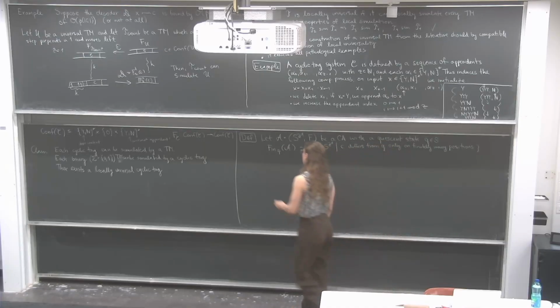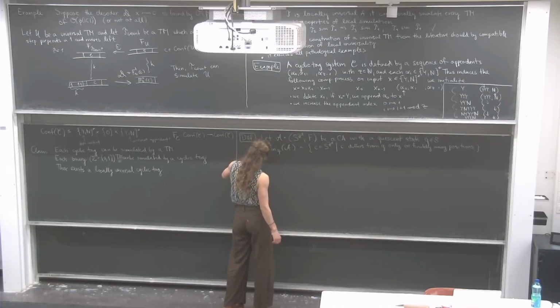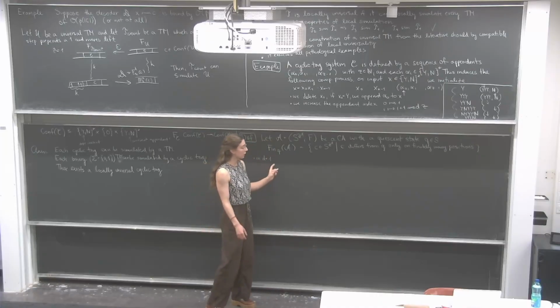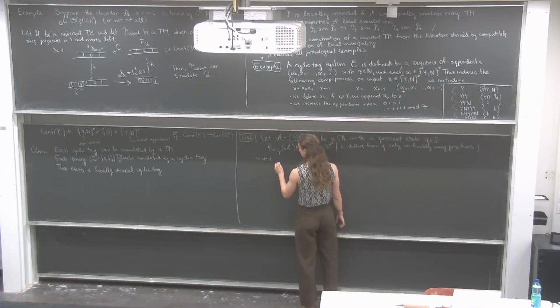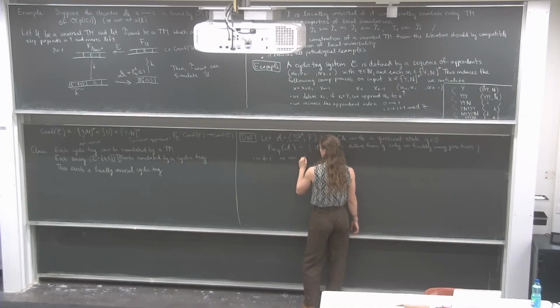And now in D equals 1, it is extremely straightforward that we can identify this with sequences over S with the Kleene star. We can, let's say, identify